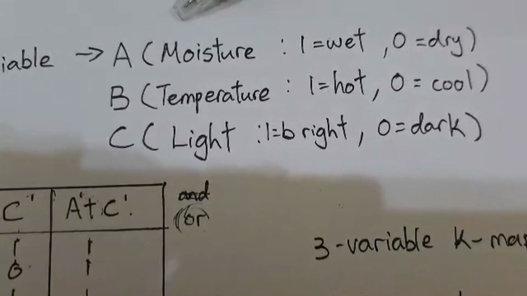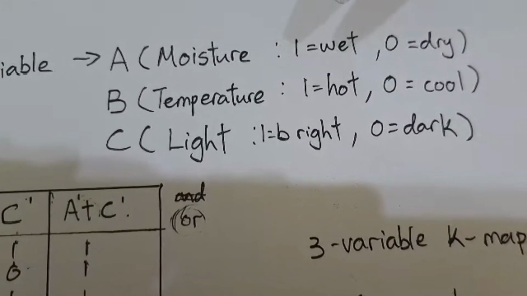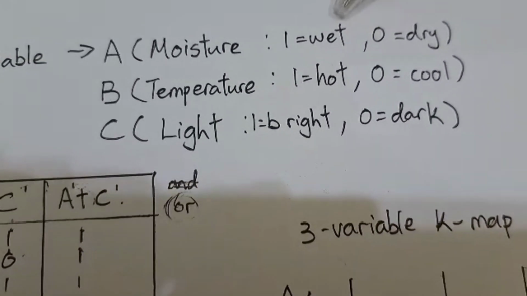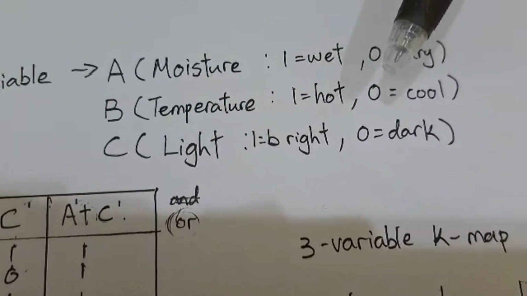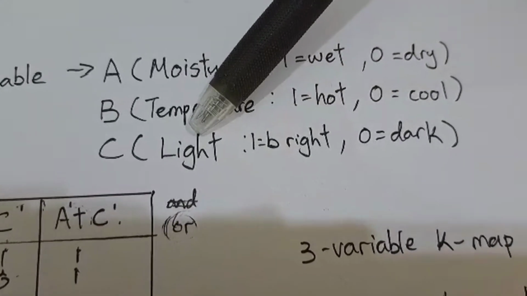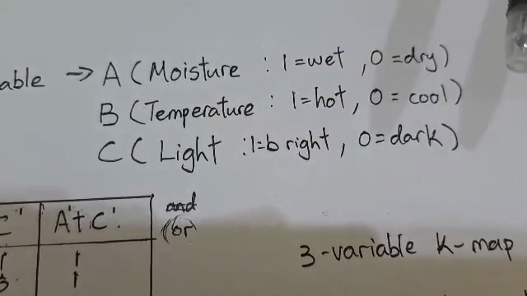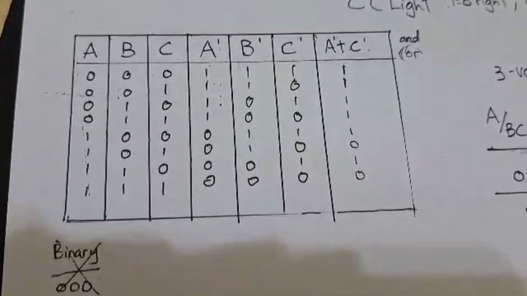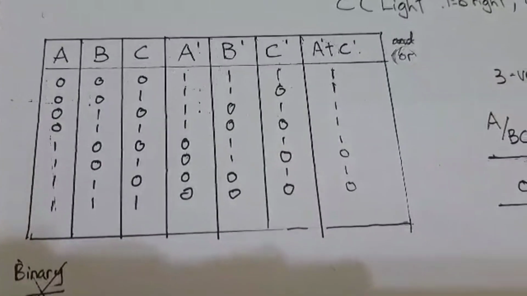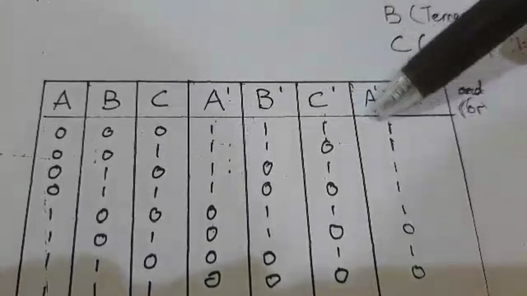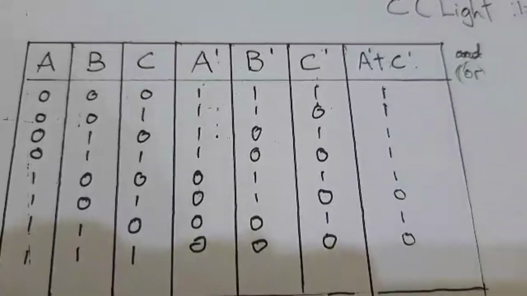So we can see A is moisture, so 1 is equal to wet and 0 equal to dry. Temperature, 1 is equal to hot, 0 equal to cold. C is 1 is black and 0 is dark. So this is how the truth table looks like, and I'm going to explain how I get this table